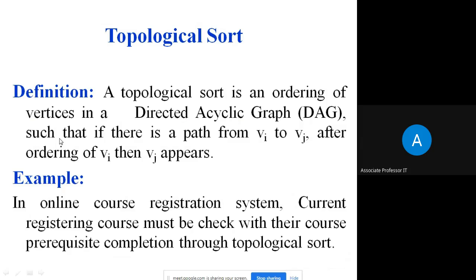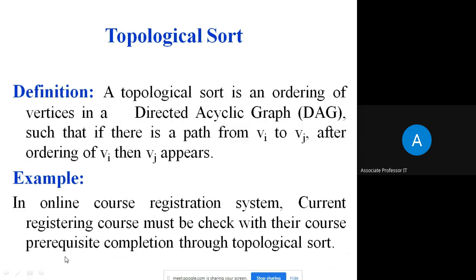We know many sorting techniques used to arrange numbers, like insertion sort, quick sort, merge sort, selection sort, and bubble sort. What is specific in this topic? Ordering or arranging the vertices in a directed acyclic graph. What is a DAG? A DAG just has direction in the graph with no cycle forming. So topological sort is the ordering of vertices in a directed acyclic graph.